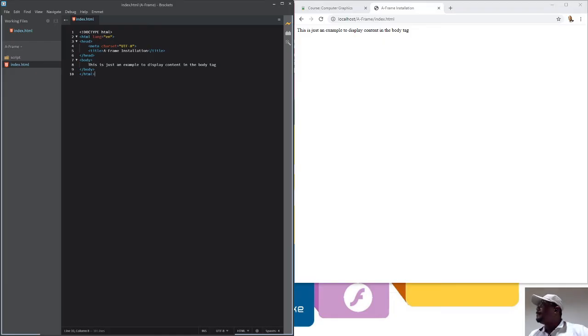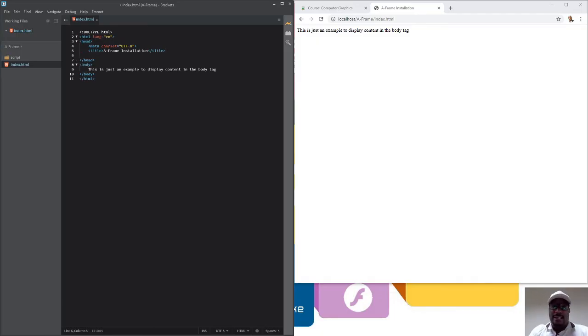Now to do that, I told you that all the scripts that you'll be writing would have to reside in the head tag. So right after the title, the next thing I'm going to type in here is going to be script. Ideally, this is how it's supposed to be: I type script, then I close the tag and it closes it for me. But with the Emmet extension that we created, I can just type script, then press tab and it automatically closes it up for me. So within it, I'm going to specify where the script is, which is the source,